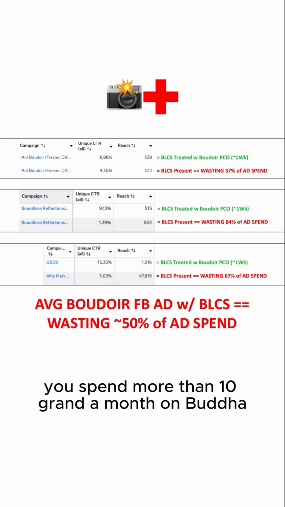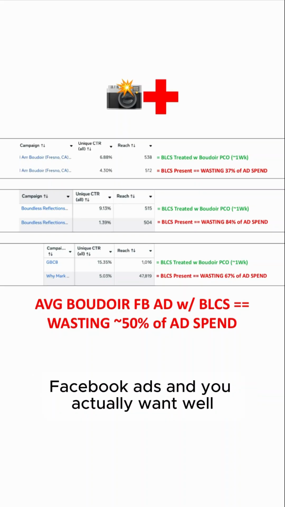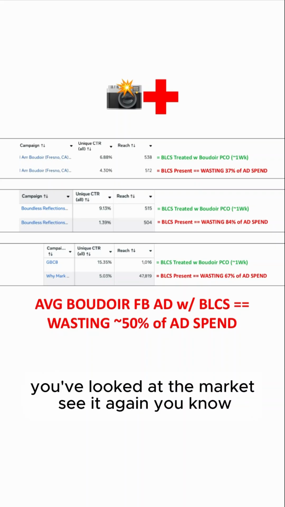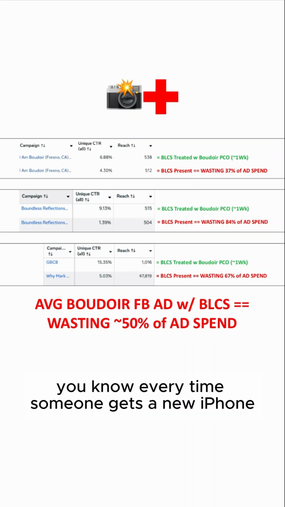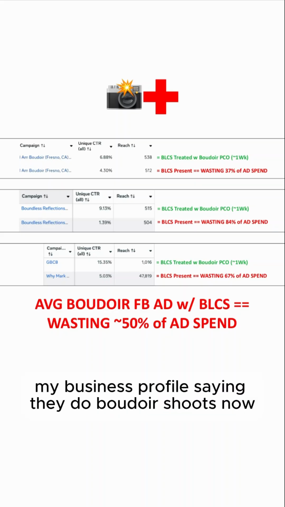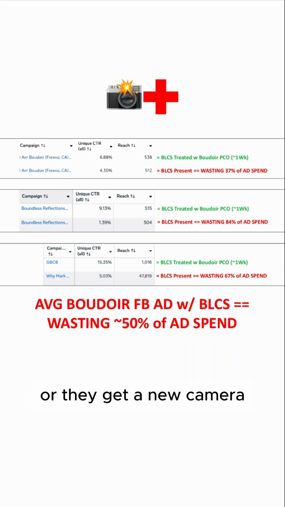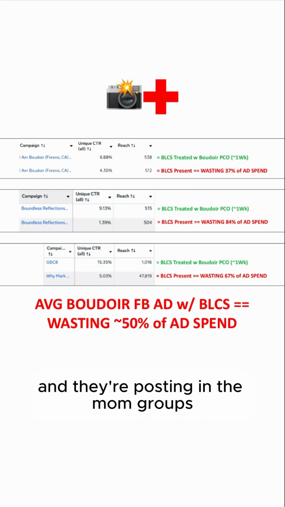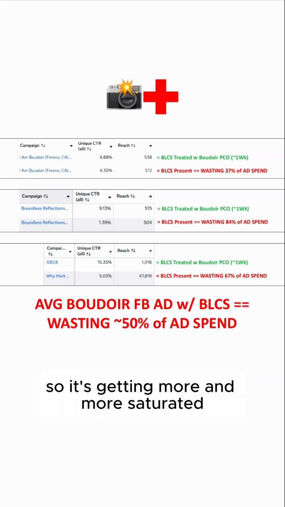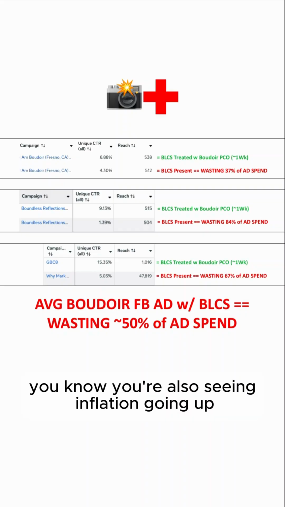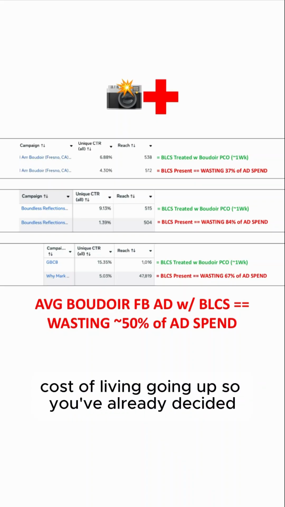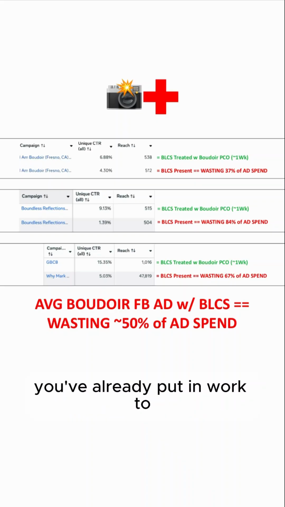and you spend more than 10 grand a month on Boudoir Facebook ads, and you've looked at the market, seeing it get more and more saturated. Every time someone gets a new iPhone, they're throwing up a Google My Business profile, saying they do boudoir shoots now, or they get a new camera and they're posting in the mom groups saying they do boudoir shoots now. So it's getting more and more saturated, and you're also seeing inflation going up, cost of living going up. So you've already decided, you've already put in work to